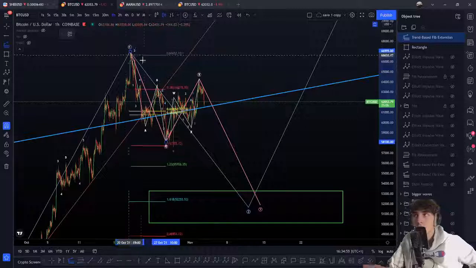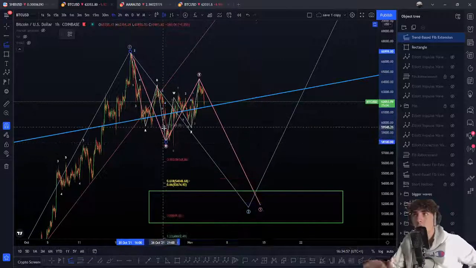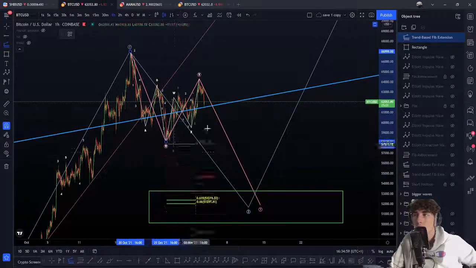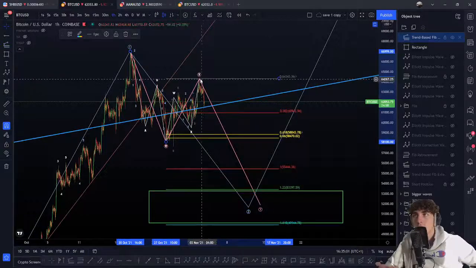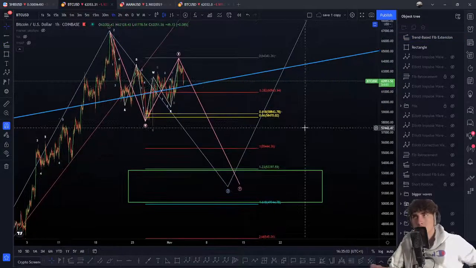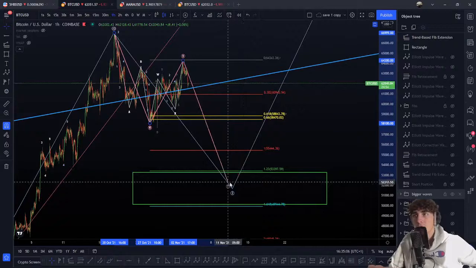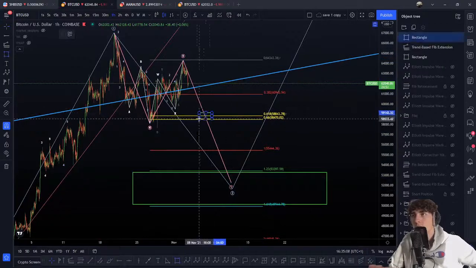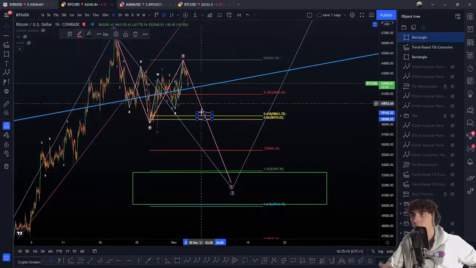So first on the W roots, then on the W top or bottom. That's a downtrend, so that will be more the bottom here, and then on the X retracement. Here, as you can see, I'm going to mark each target where we can start. For example, if we're super bullish, we can start on the 61.8 first target.